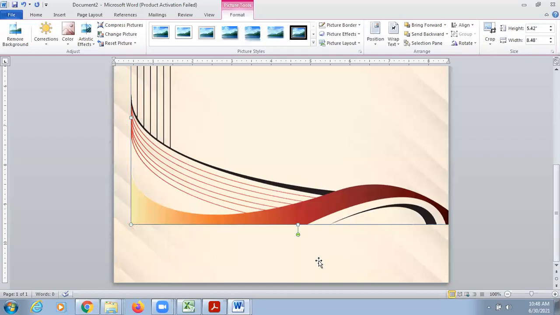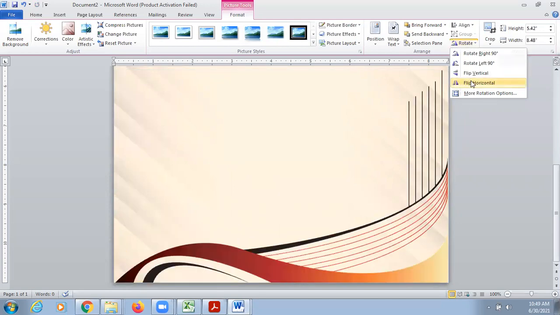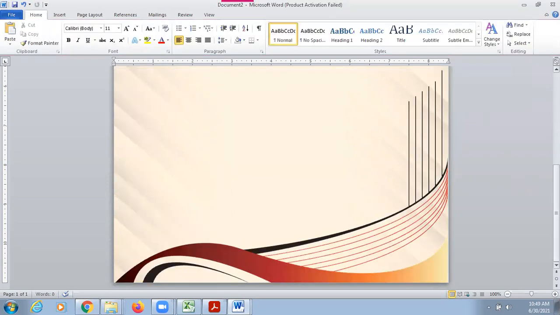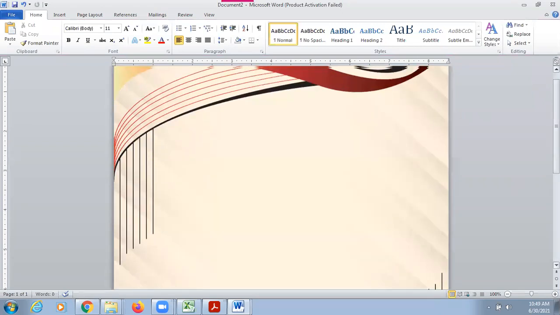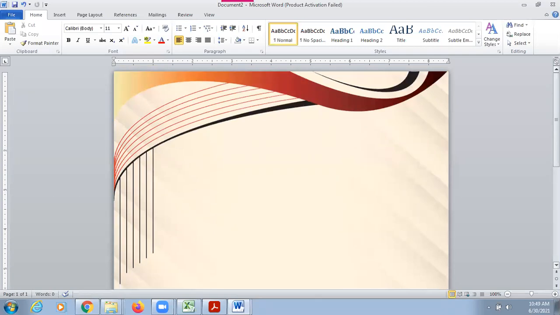I wanted to rotate it. I want that these lines should appear on this side. So flip horizontally. Okay, so this is how you can do the designing of your newsletter.